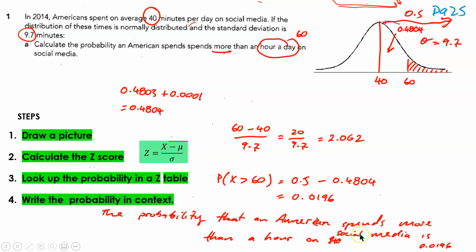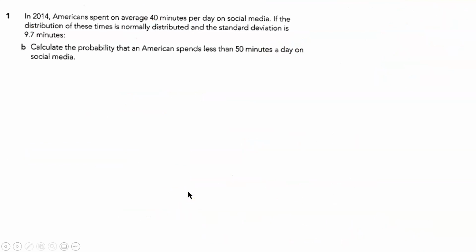So the probability that an American spends more than an hour on social media is 0.0196, which is close to 2%. So that's not the end of our question. So we've got B,